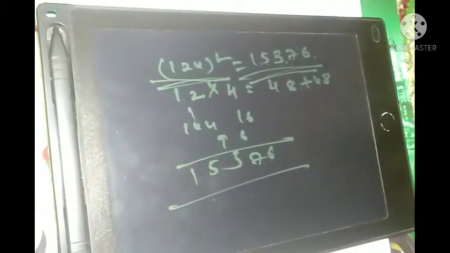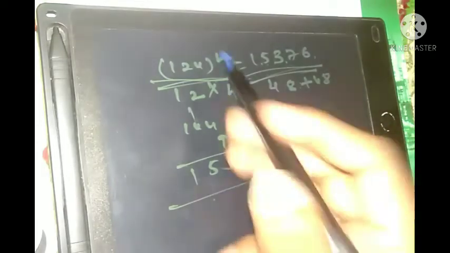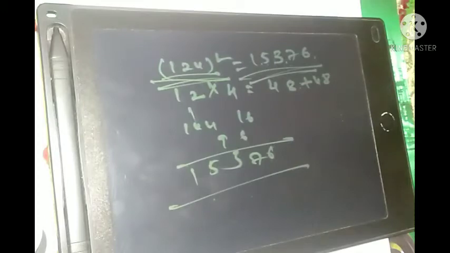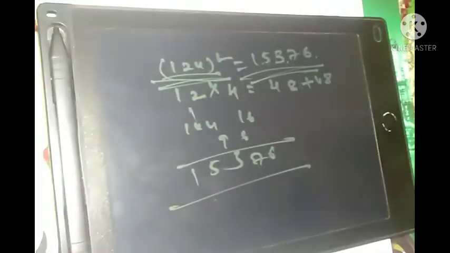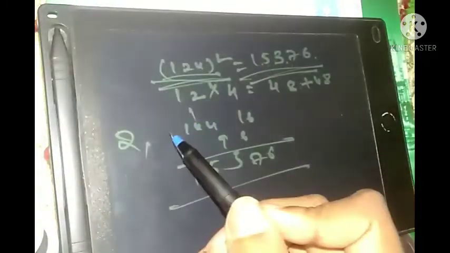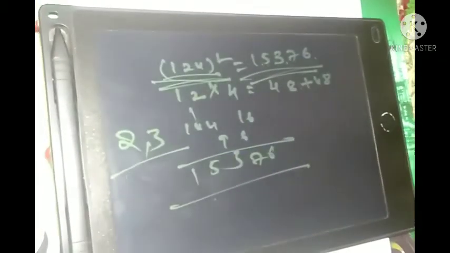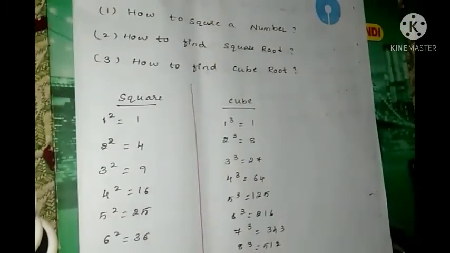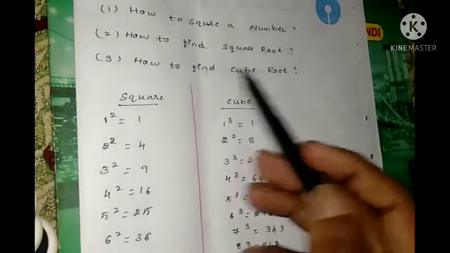Like this we solve a number of problems, not only 3-digit numbers, but 4 digits, 5 digits. We take it like that. In exams they ask for the square of maximum two-digit or 3-digit numbers. Okay, this is the square, how to find the square of this number. Next we move on to the trick for how to find the square root within 5 seconds. How to find square root.